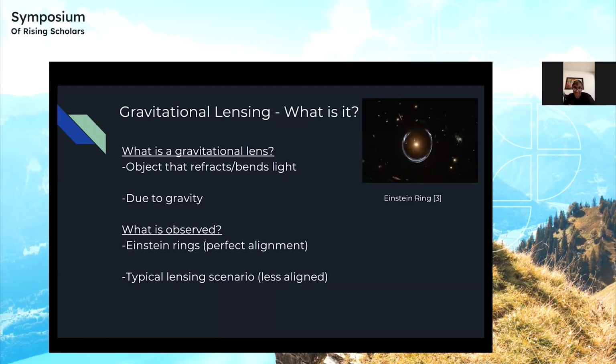The next piece of evidence I will discuss is gravitational lensing. A gravitational lens is an object that refracts or bends light as it comes towards us due to its gravity. The image to the right shows an Einstein ring, named after Albert Einstein, which is an example of gravitational lensing. It's a rare case that happens when everything is perfectly aligned, including the viewer, the lens, and the light source. More commonly, light appears in fragments around the lens, is distorted, or appears repeatedly around the lens.